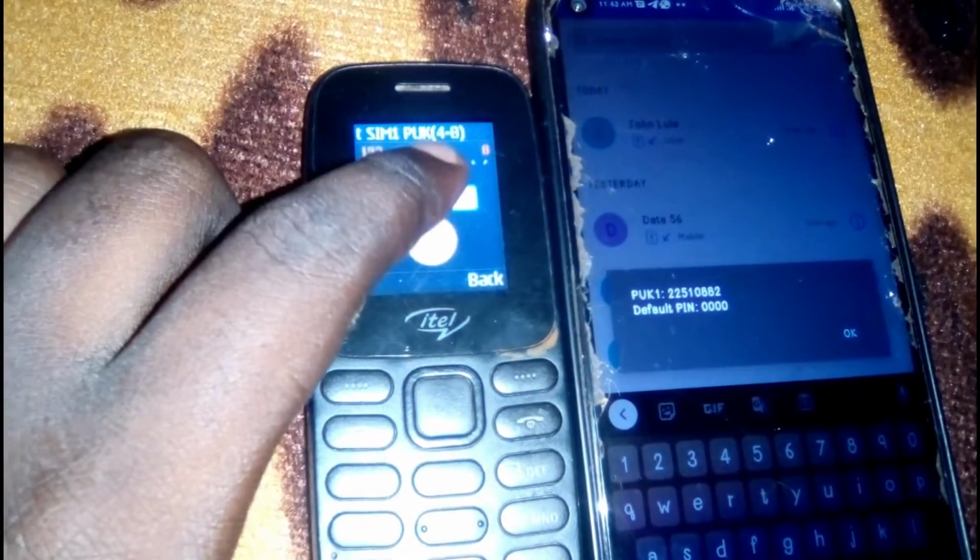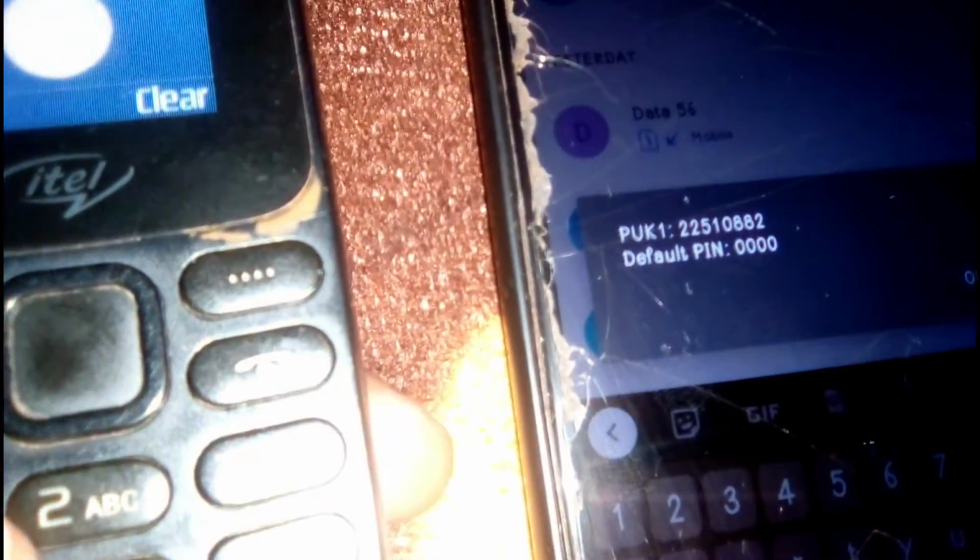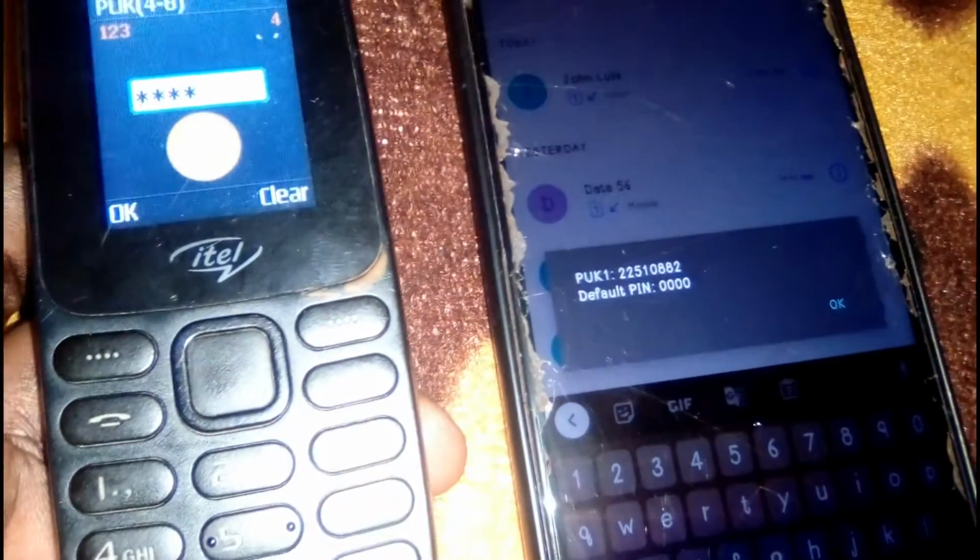Then let us head to our locked phone, which is requesting for the PUK code. As you can see there, you put the PUK code that was provided to you. So let me put the PUK code 225108882,